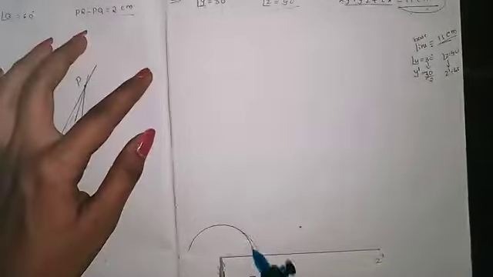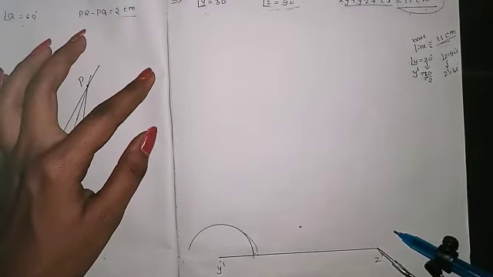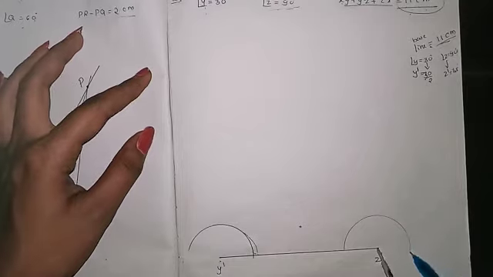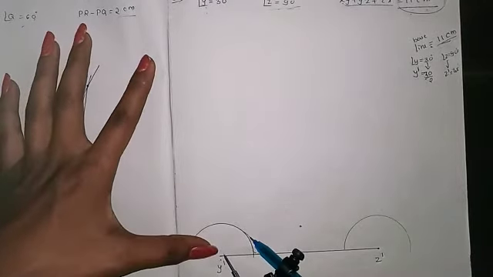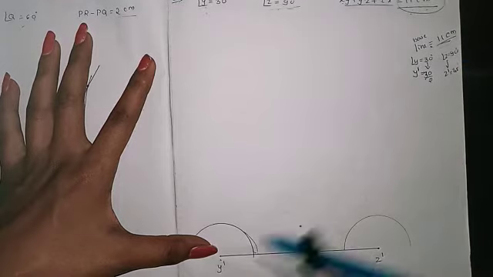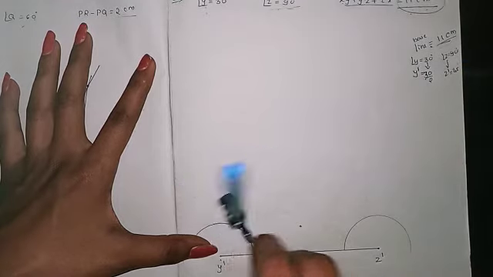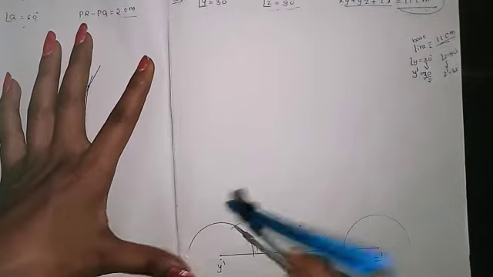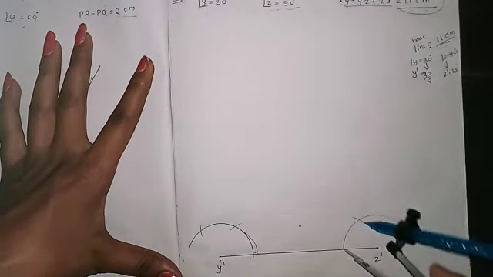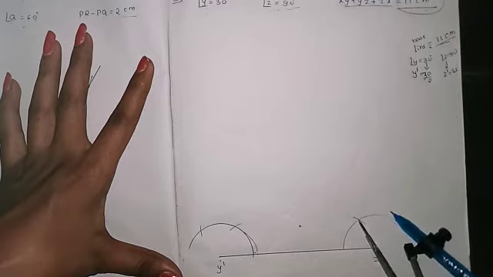So be careful when you are solving, because it will happen. See, mine gets changed. So again I will do both together here, instead of doing it two times. Now at y we have to create 30 by 2, so that means a 15 degree angle. So first I will make 60 degrees on both sides. Here also I will make 60 and 60.